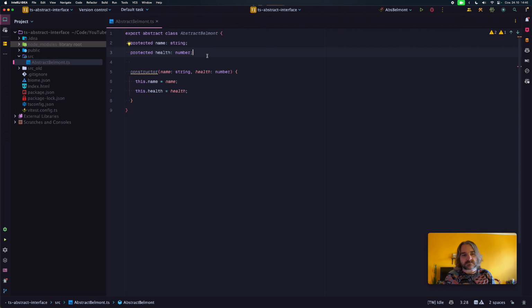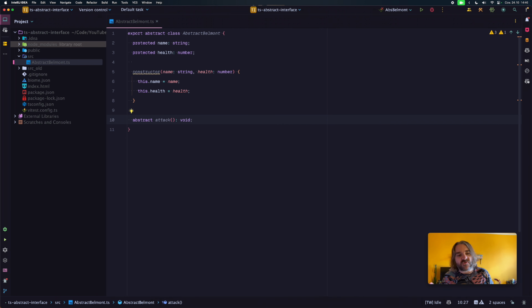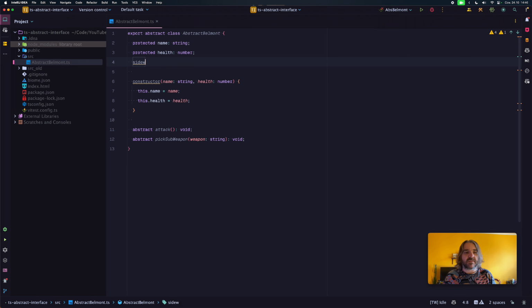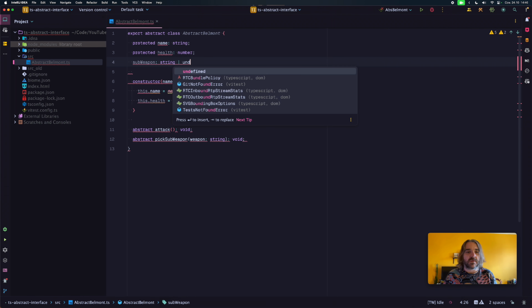And now what we want is attacking, right? So abstract attack, right? And we are just providing the signature. There is no implementation here. Attack, abstract, I don't know, big sub weapon, weapon string, also void. So let's have sub weapon, weapon is string or undefined,